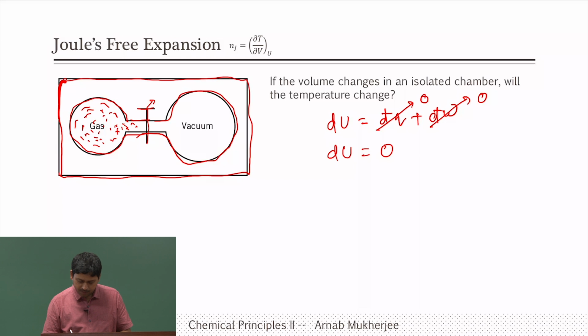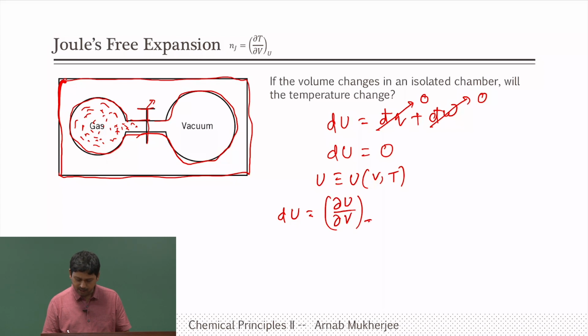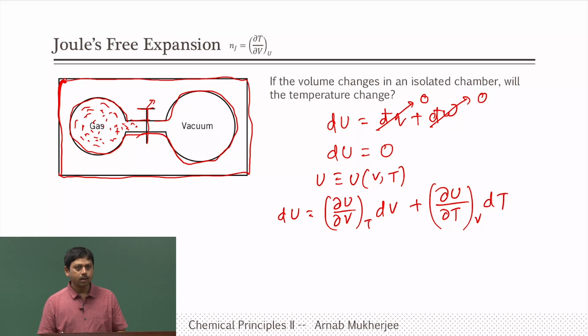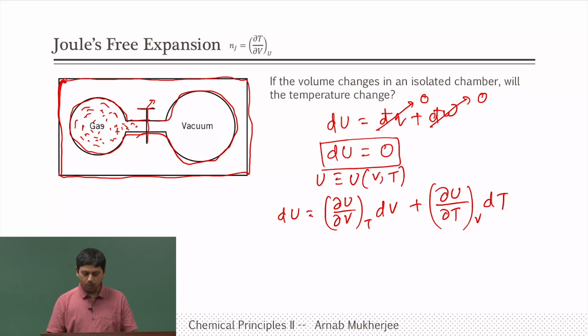So, let us now expand the dU. Again I will remind you that U we can expand as a function of volume and temperature. Therefore, we can write the total differential dU in terms of both V and T: dU equals (del U by del V) at constant T dV plus (del U by del T) at constant V dT. Now, since in this particular case our total change in U is 0, we put that on the left hand side. So, 0 equals (del U by del V) at constant T dV